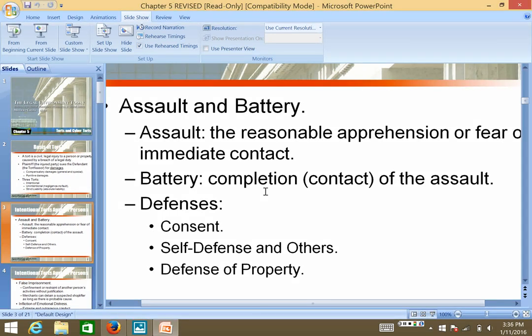And I'm going to go ahead and take a break here. I want to make sure that this is working accurately. I'm going to break this particular tort lecture into a couple of different parts. This is going to be the end of part number 1.